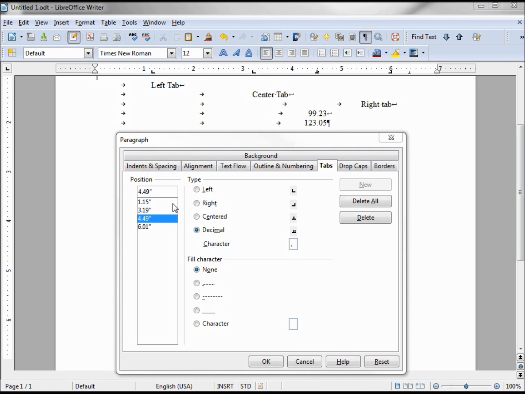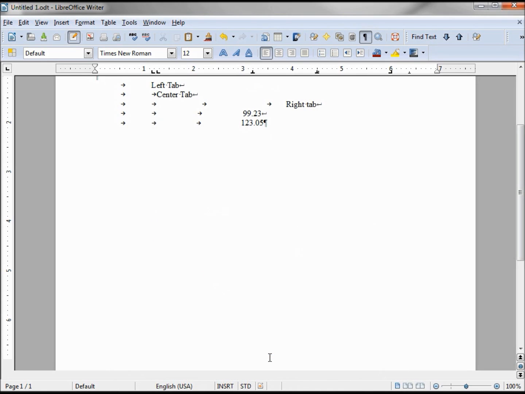We'll notice that this new is inactive. To make that active, we have to type in a new number, say 1.25. Now it's allowing us to add a new, and in this case, left tab. We could make it a right tab, but I'll leave it at left. So let's add in our new left tab at 1.25. Clicking OK, we'll notice that all of our tabs got shifted back, and I have to add in a new tab to fix it.